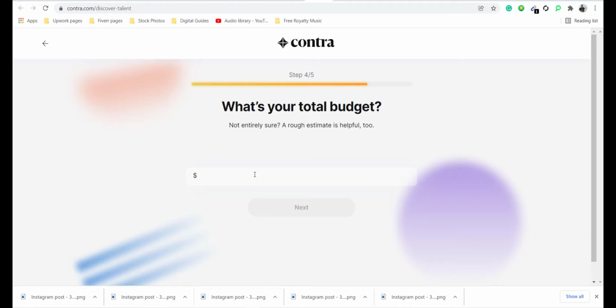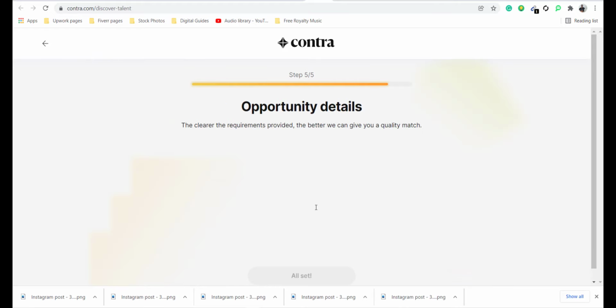So let's say for instance I choose $500. Oh sorry, $500. So I'll click on next here. So opportunity details: the clearer the requirement provided, the better we can get you the quality match. So that's what I just mentioned. So if I choose my company name here, Matt Ozu,